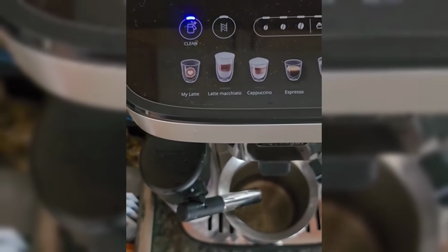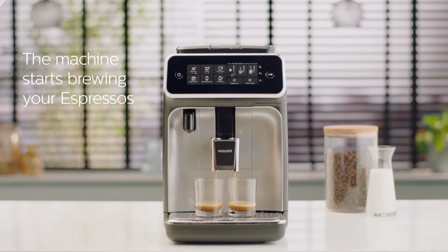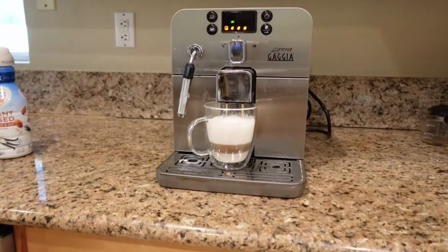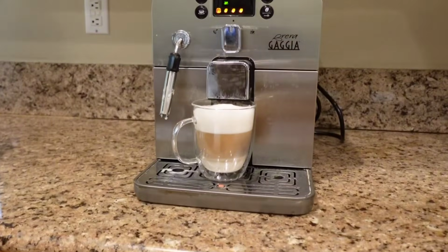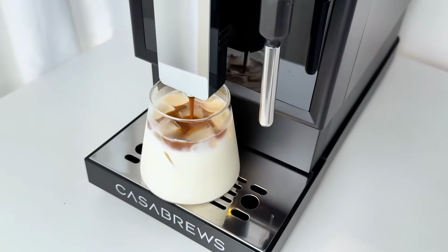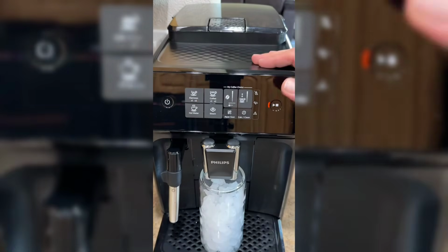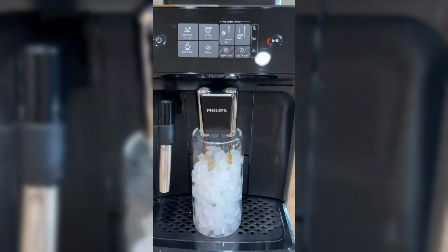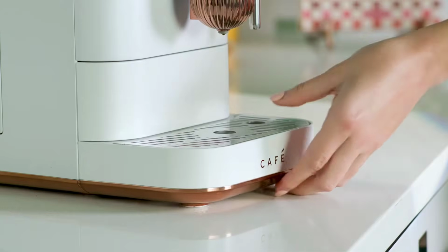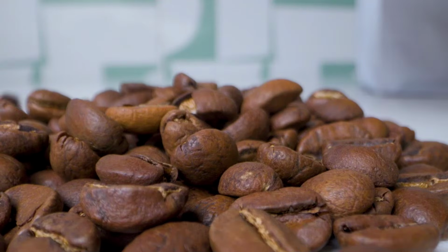clear standout. For the easiest cleanup and all-day reliability, the Philips 3200 with LatteGo is the workhorse. The Gaggia Brera is perfect for beginners or anyone who wants a bit of hands-on fun. Casabrews is your go-to if you're watching your budget but want a real bean-to-cup upgrade. For fast mornings and simplicity, check out the Magnifica Start or the Philips 1200. And if design and smart features top your list, the Cafe Affetto will definitely turn heads. Whatever your pick, each of these machines is a big step up from pod coffee, and a lot more affordable